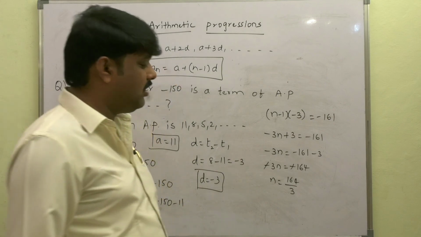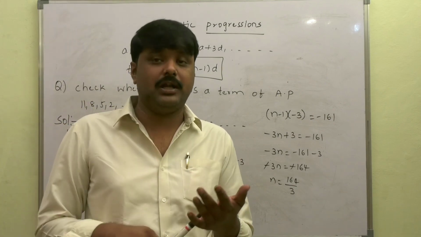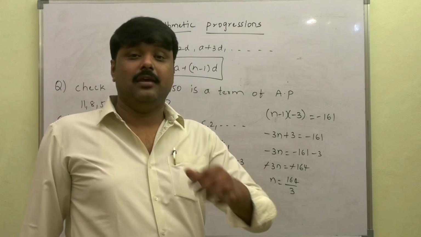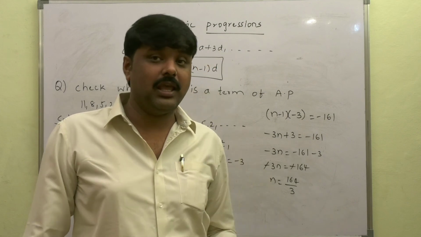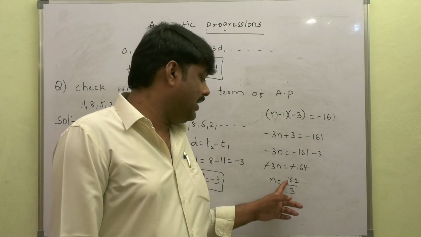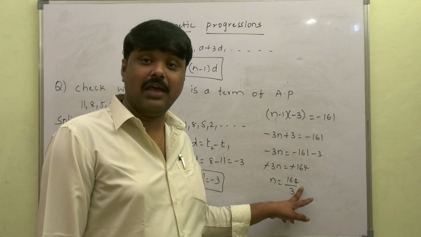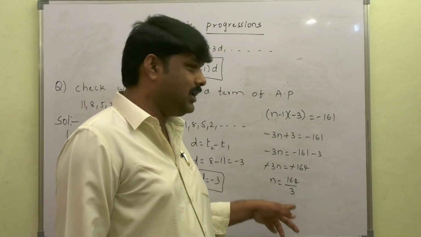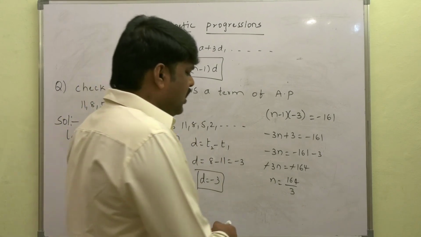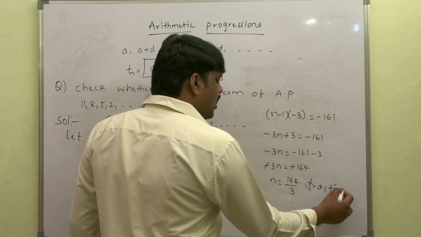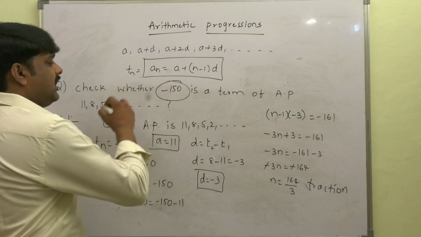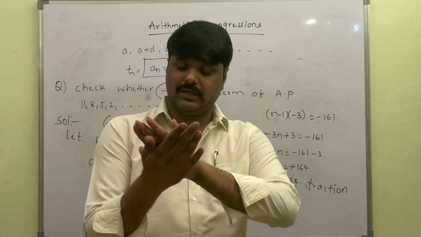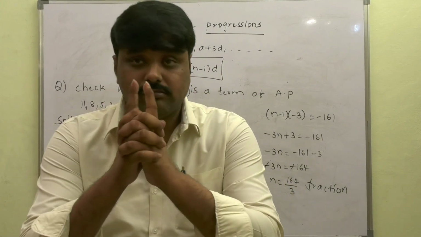So, is it a fraction or an integer that we get? That is why in 3rd and 4th class we are taught divisibility rules. Look, if a number should be divisible by 3, then the sum of the digits should be divisible by 3. 1 plus 6 is 7, 7 plus 4 is 11. 11 by 3, there is no multiple of 3 equal to 11. So because it is a fraction and not an integer, minus 150 is not a term of the given AP. Okay? I hope you got clarity about this arithmetic progression: a plus d, a plus 2d,